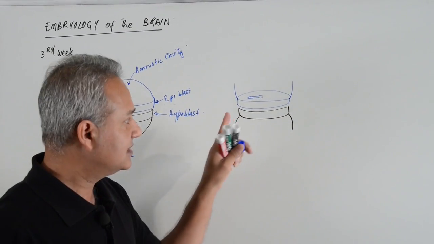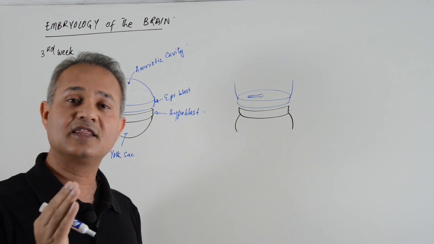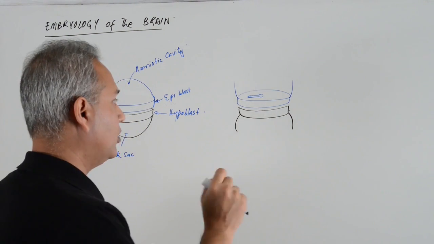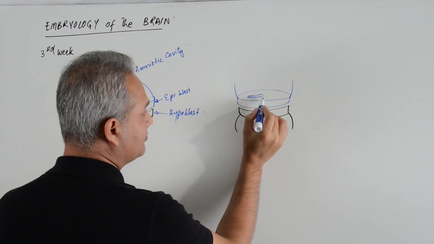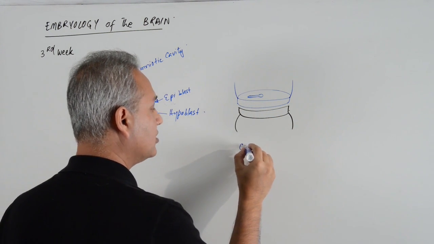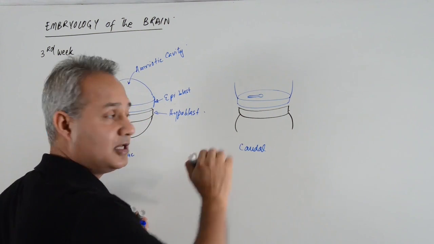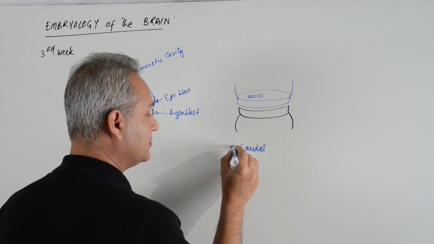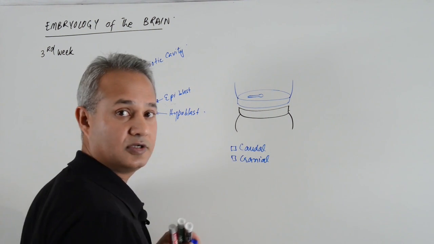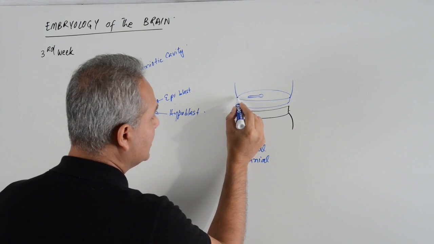As soon as this primitive node and streak appear, there are certain things that we can now think about. Number one, this area, the primitive streak, appears in the caudal portion. So now the developing embryo has a caudal portion. The other side is going to be cranial. So cranial and caudal have become apparent. Second thing is, where the primitive streak is,